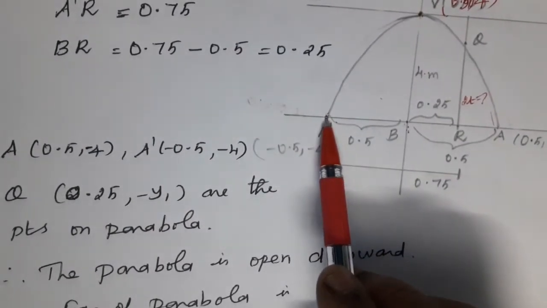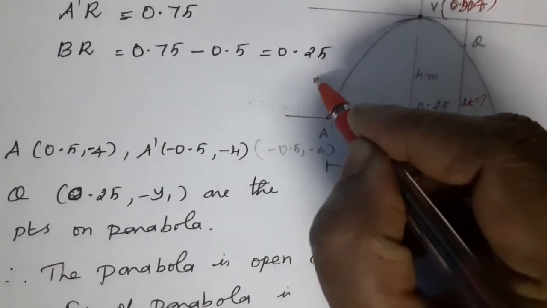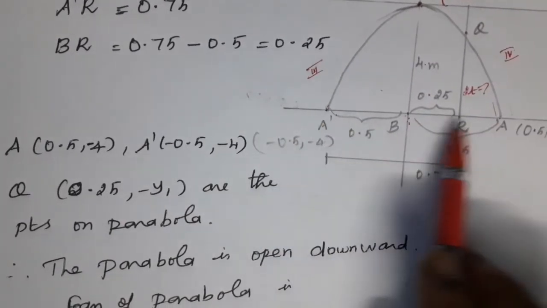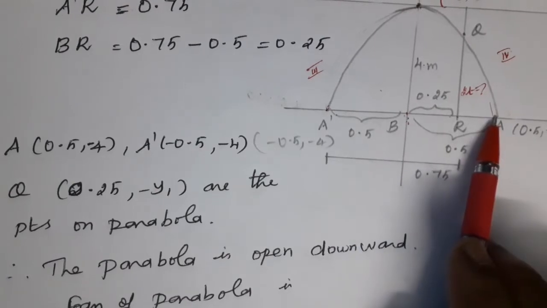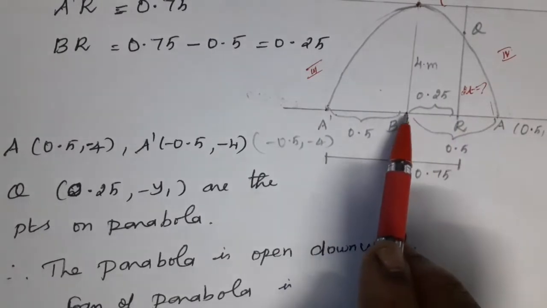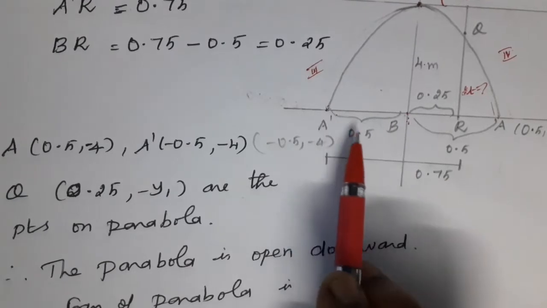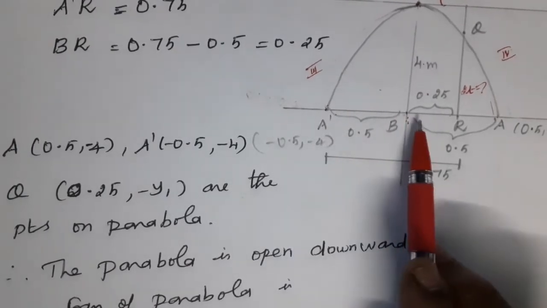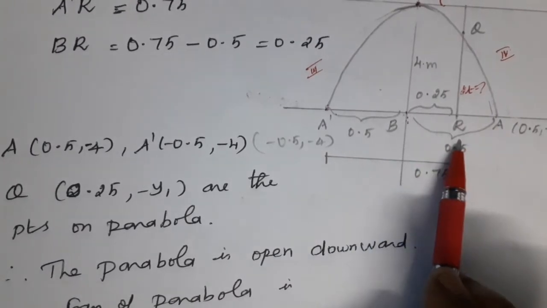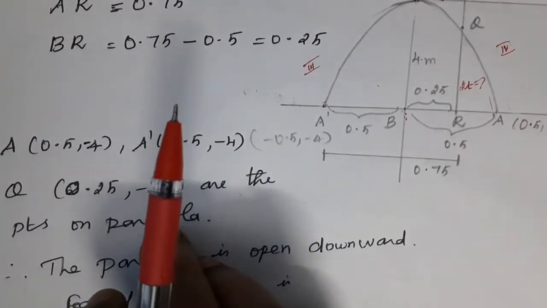See the same diagram as in the first sum. This is the first quadrant, the second, the third and the fourth quadrant. So what is A? It is the same. The bottom is 0.5 here, and here also 0.5 only. The waterfall starts from A dash and ends at A. So taking the vertex as the center, from the center to A dash is 0.5. That means B A dash is 0.5, so AB is also 0.5. The question gives the horizontal distance of 0.5 meter from its origin.